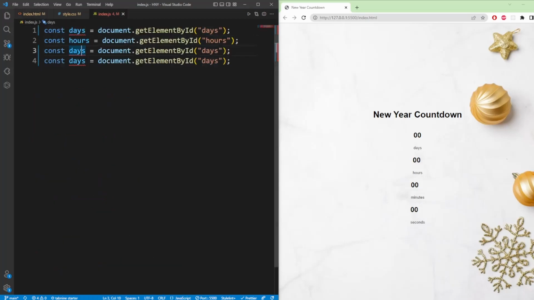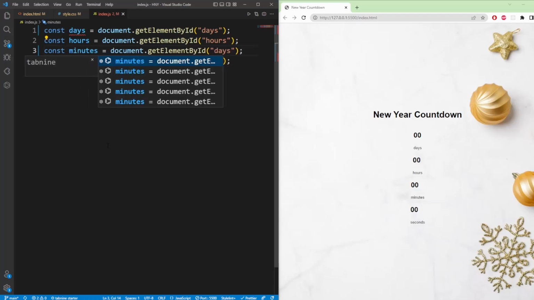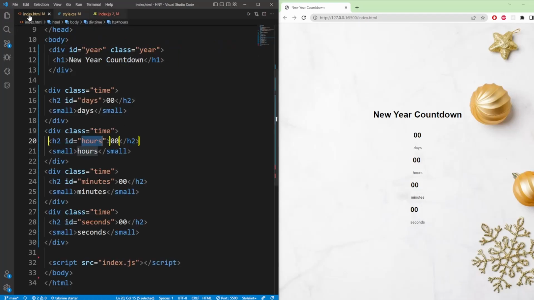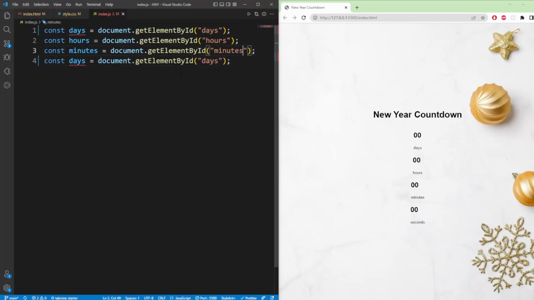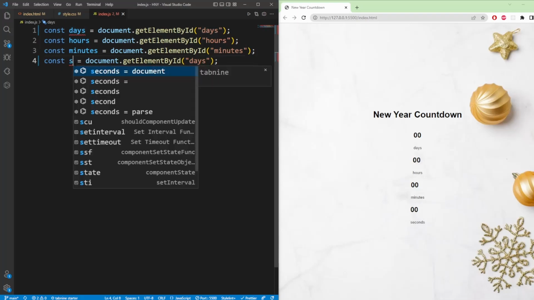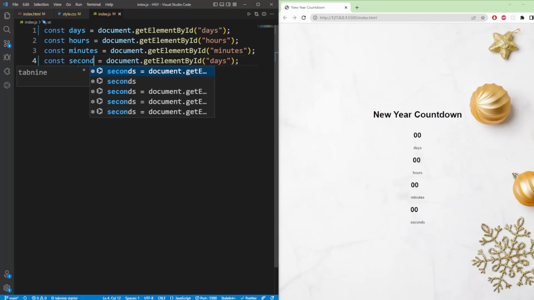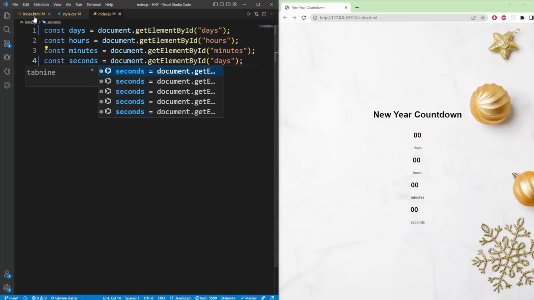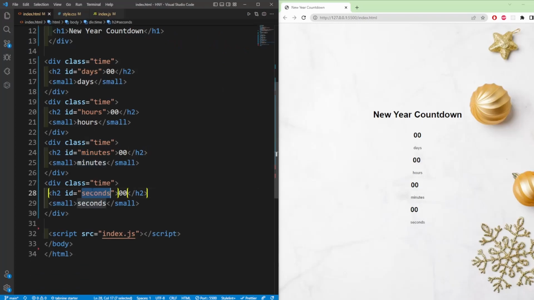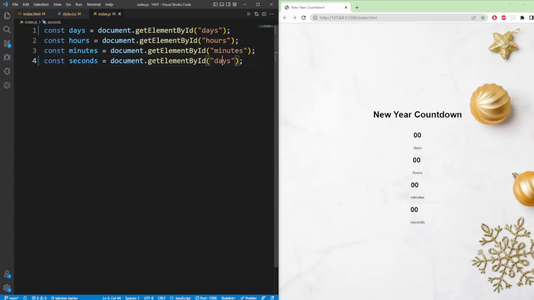It is going to be minutes. What was the ID of minutes? It is minutes. And lastly, I have seconds. What was the ID of seconds? The ID of seconds was seconds. So I have taken these HTML elements into these constants. Now